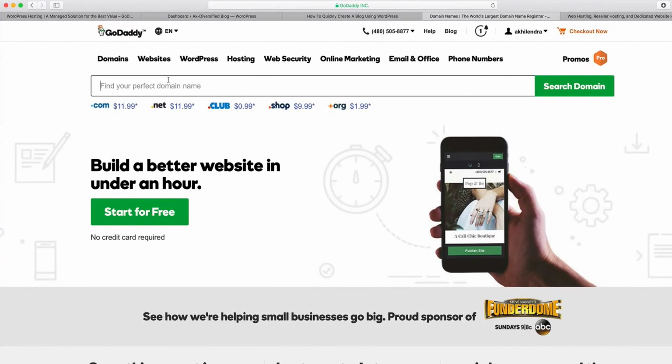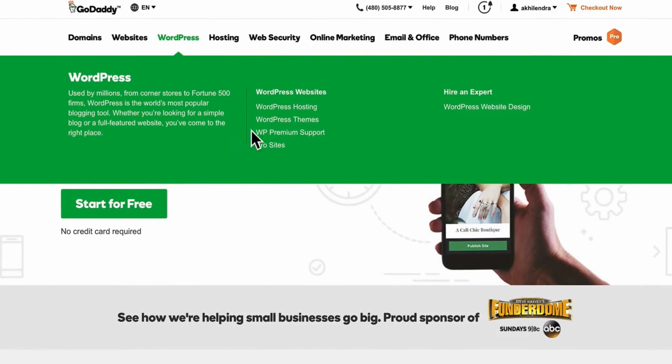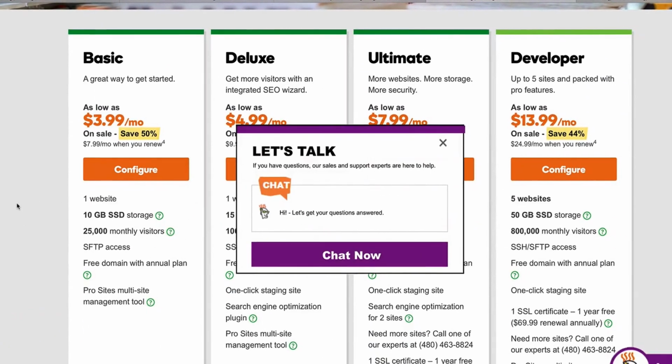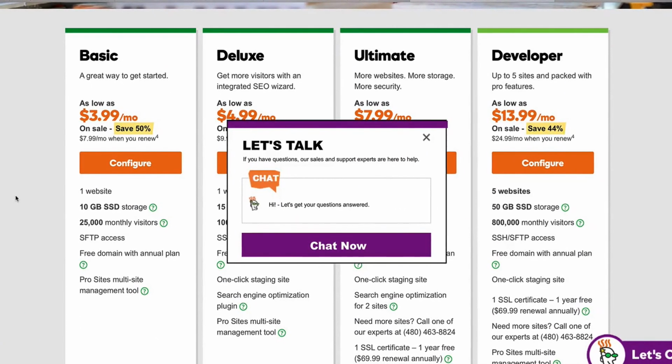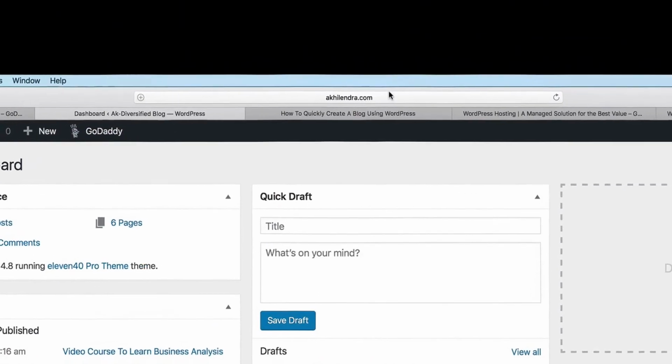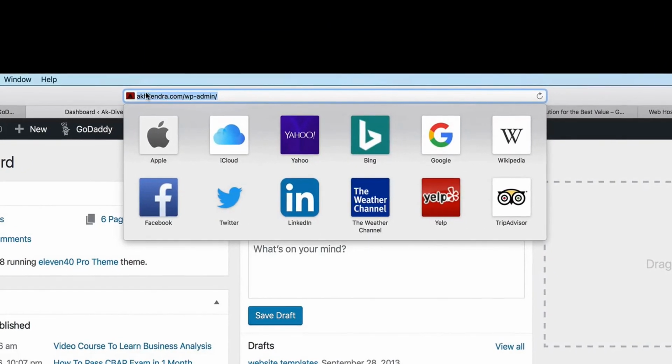So the first step is to buy the domain and the hosting. In hosting we will select WordPress hosting, and once you have bought this, GoDaddy or whatever service provider you use will set up WordPress for you. You don't have to do anything. After their setup is complete, they will send you a mail with the user ID and the password. Your link to log in to your host panel would be something like, in this case you can see